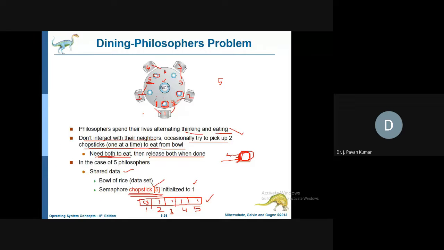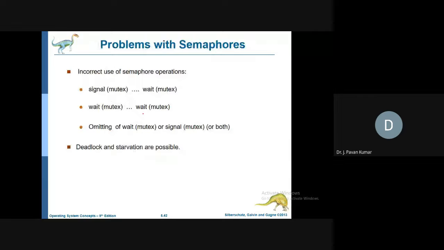What is the correct sequence? Wait of mutex followed by signal of mutex, and in between wait and signal we will have the critical section code. Next, another problem is wait of mutex, wait of mutex. In wait we decrement the mutex value, and if you don't give signal while coming out of the critical section and again call wait,